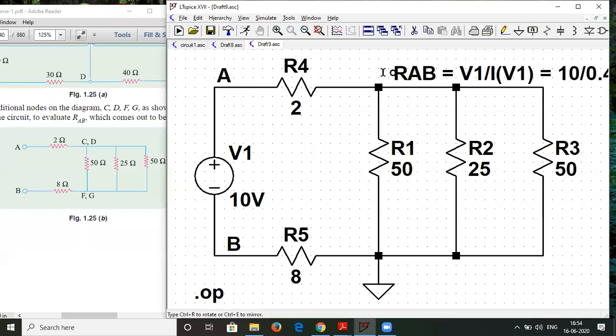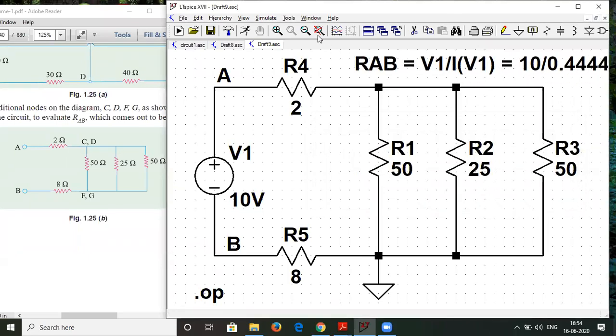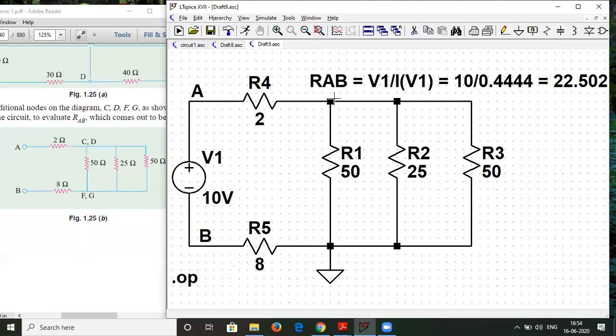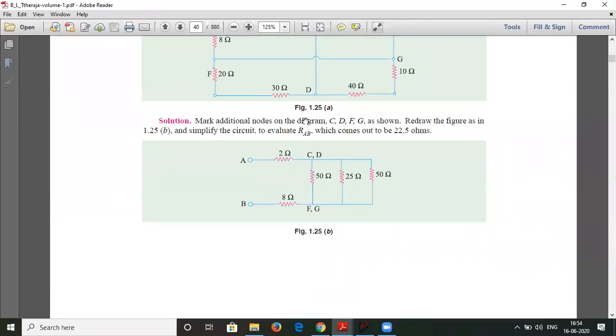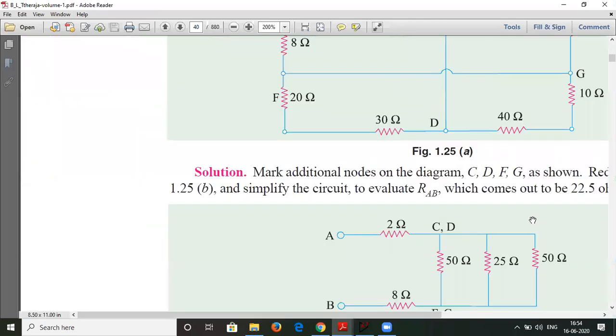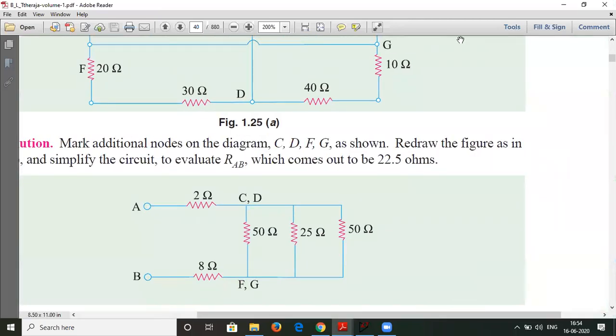Okay, let me place this over here. So we are getting the equivalent resistance by this method as 22.5. Let us check the answer. Can you see this number? This number is 22.5.